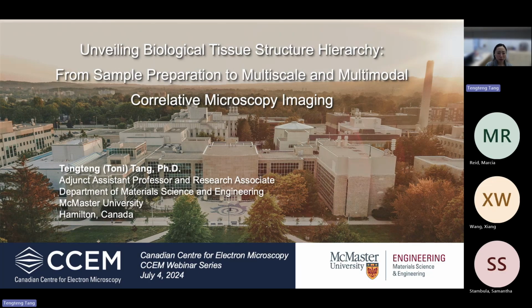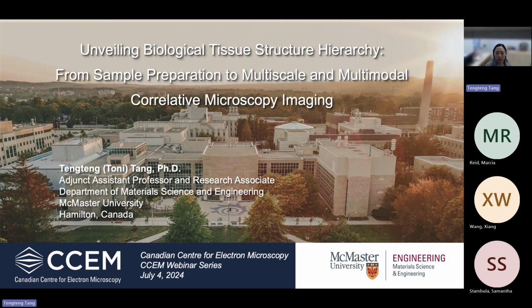So I want to present today the recent work that we did at the CCEM about how we can establish a correlative workflow to examine human bone tissue across multiple length scales. I also want to talk specifically about the proper sample preparation of biological tissues for electron microscopy, because I think